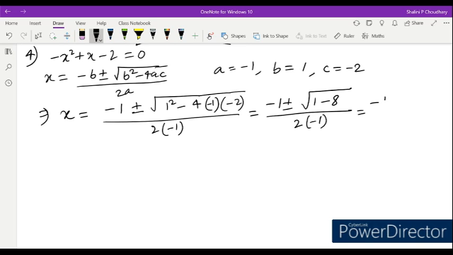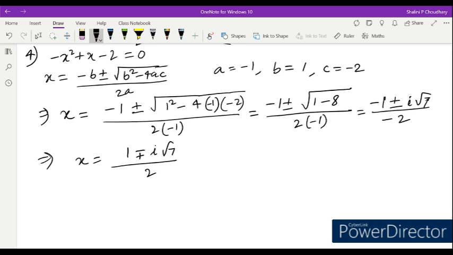So minus 1 plus minus square root of minus 7, that will be i root 7, okay, and divided by minus 2. Now we'll take minus common, x will be equal to, minus common ले लेंगे, so it will be 1 minus plus i square root of 7 divided by 2. Okay, so these are the two roots. Okay, minus plus we can write, so we can write plus minus or minus plus, दोनों भी लिख सकते हैं when we are taking common. Okay, so these are the two roots of x.